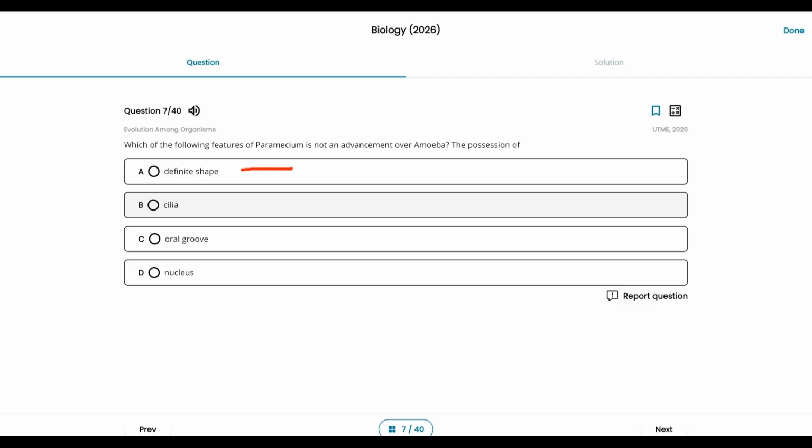Paramecium has a fixed shape. Amoeba has an irregular shape. They have different locomotion for movement, and the way they engulf food differs. Now, if you look at nucleus, you realize that it is in both of them,